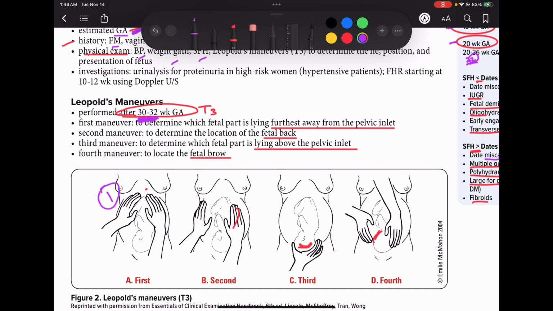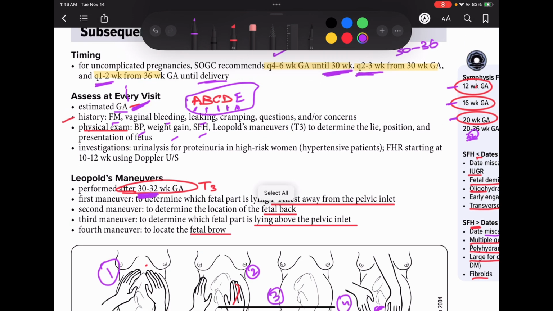Then in the second maneuver, we determine the location of the fetal back. Third, we determine which fetal part is lying right above the pelvic inlet. And in the fourth, we find where the fetal brow is, so we locate that. So that's Leopold's maneuver, which helps us determine the lie of the baby,